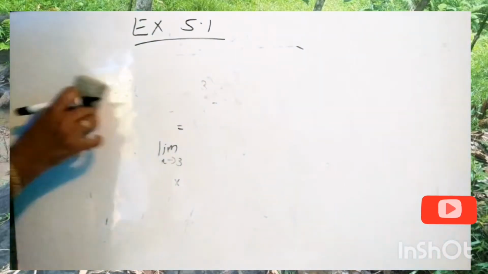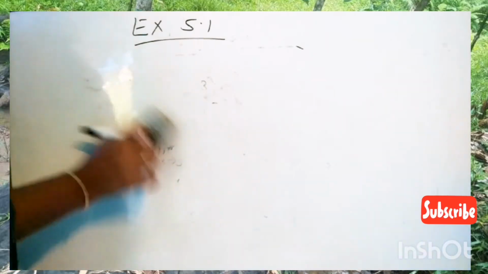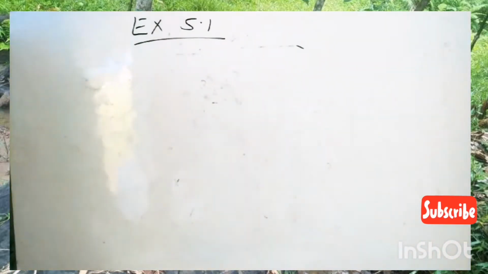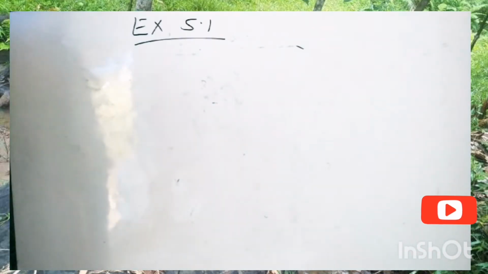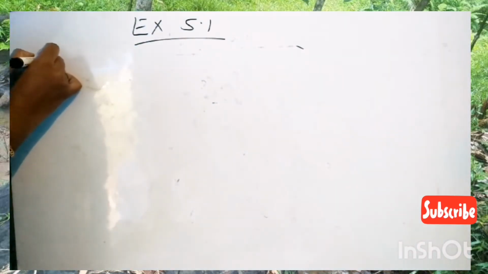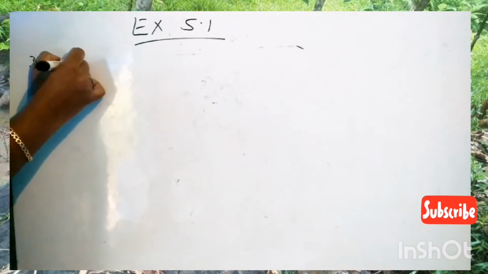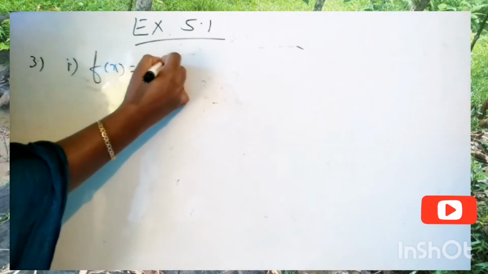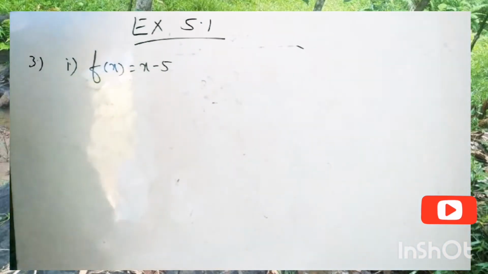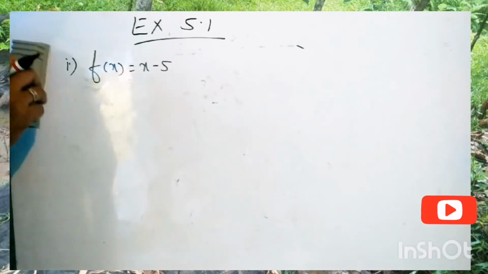Third question: examine the following functions for continuity. First sub question, f of x is equal to x minus 5. Okay, so before going to this question,